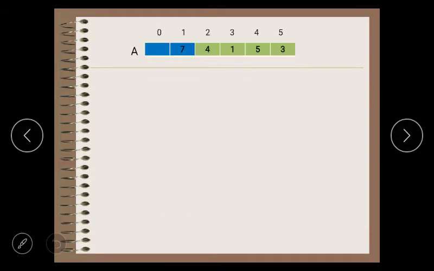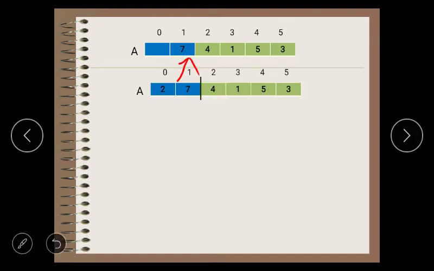After shifting, the 7 moves to index 1 and the value 2 moves to index 0. Up to here these two elements are sorted and all the remaining elements are unsorted.